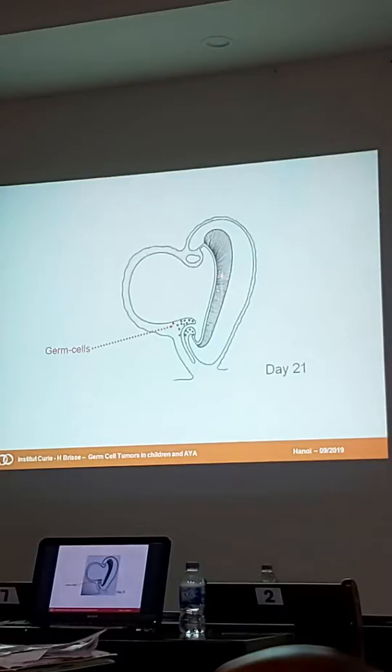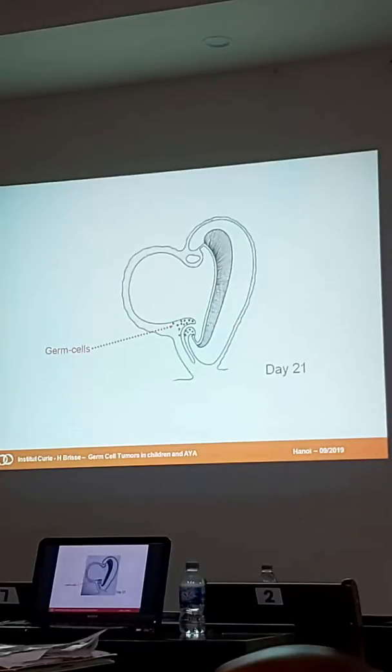Here you can see the neural tube, the primary cardiac area, and at the caudal pole of the embryo, there is a diverticulum here, which is called the allantoid diverticulum, and the primary germ cells appear here